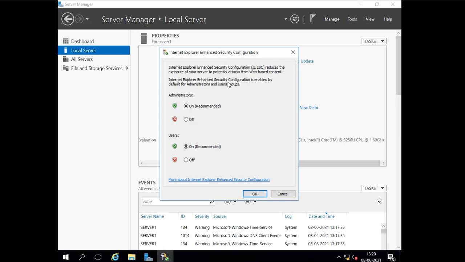But suppose you are working in a lab environment or a local environment, sometimes it will become irritating. Whenever you open Internet Explorer, or go to a site, it will give you an option to add it to the security zone, lots of times. So if you don't like that, you can disable this option. I don't like it, so I disabled it. For practice or for the lab environment, we should disable it. I will disable this.